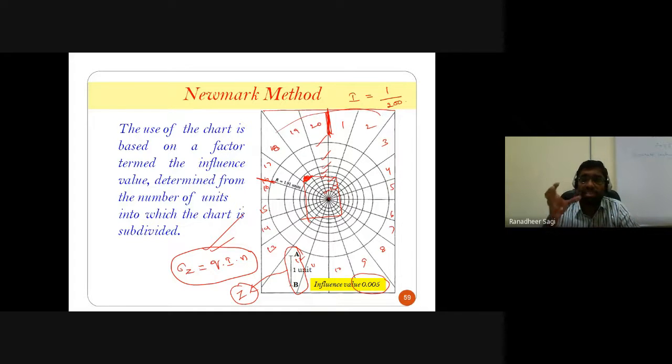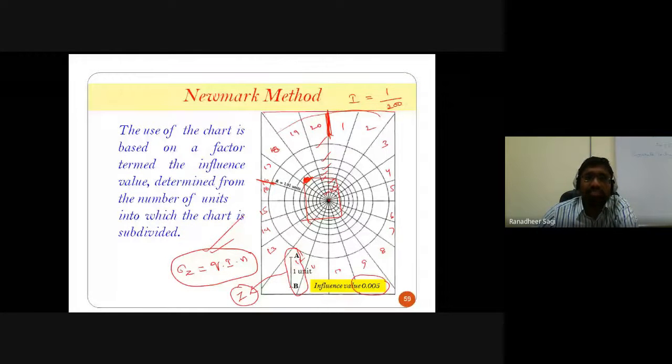So in combination of the surface load and the self weight of the soil, if I need to calculate the vertical stress, it is the vertical stress due to the self weight plus the vertical stress due to your surface load that gives me the total vertical stress at any point below your ground surface. Okay, so with this we'll stop our discussion for today, and in our next class we'll get started with our third unit, where we'll start with the introduction to foundations, different types of foundations, how we classify the foundation, how to say which foundation is suitable in what soil condition and so on. We'll start discussing that.